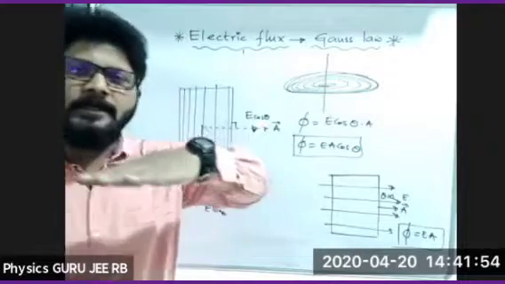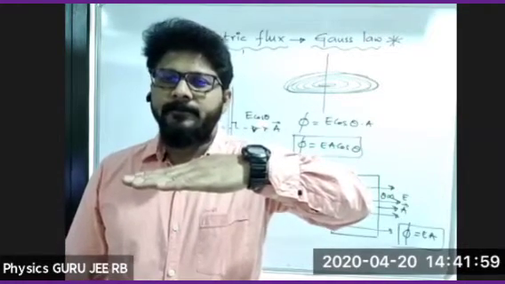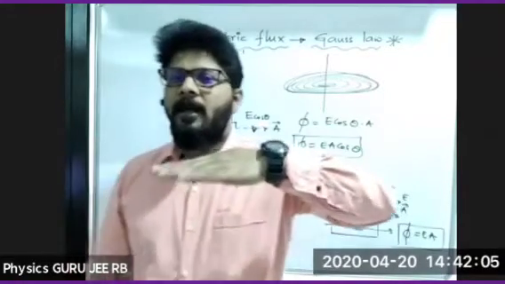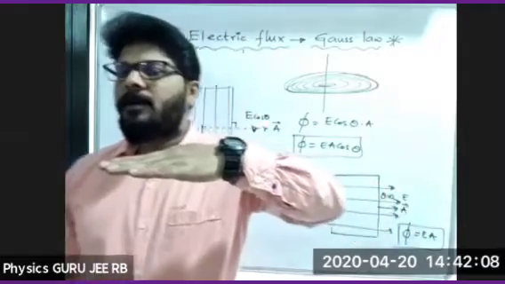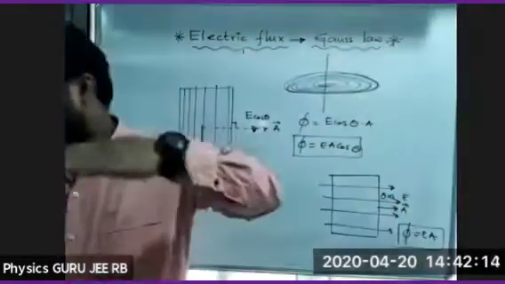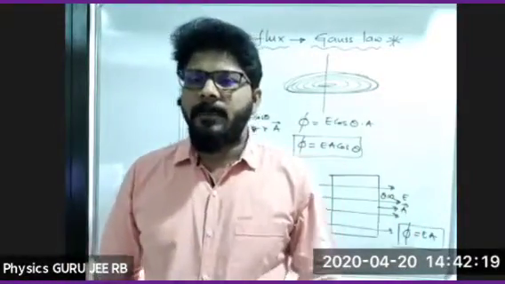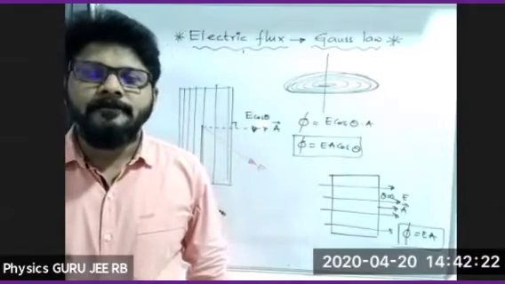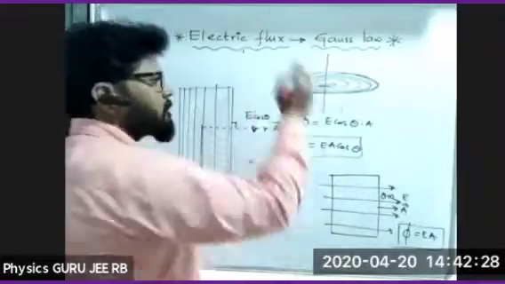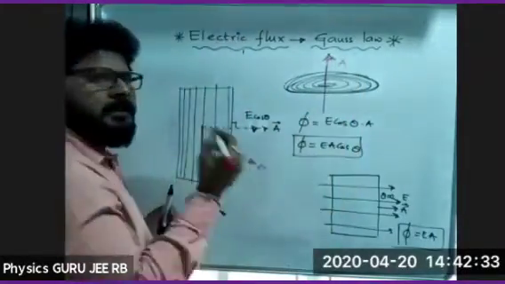This is the plate, a disk is there. How to represent now the direction of the area vector? Just recall what we discussed, the direction of the area vector. Negative j cap or j cap? No, otherwise upwards. You can say that this is the direction of vector A. Yes or no? That's the direction of vector A.